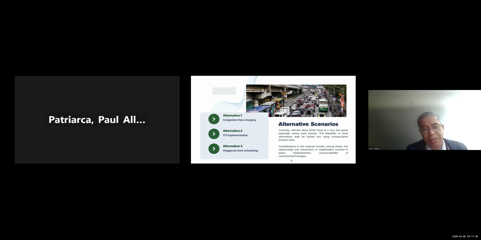For the government, the LGUs and national government agencies like the DOTr, LTFRB, the MMDA, and for the ITS implementation, this will involve the DICT and the National Privacy Commission.